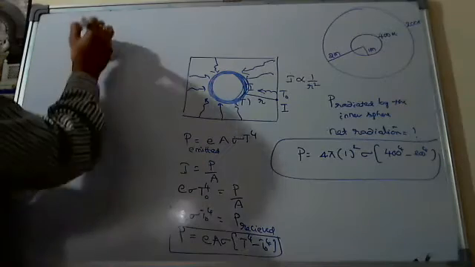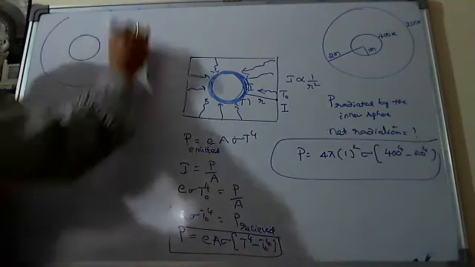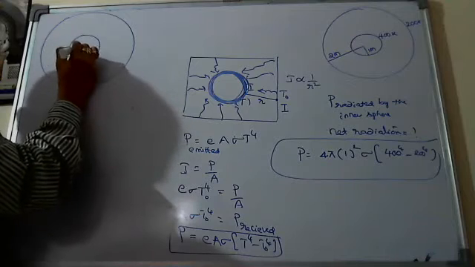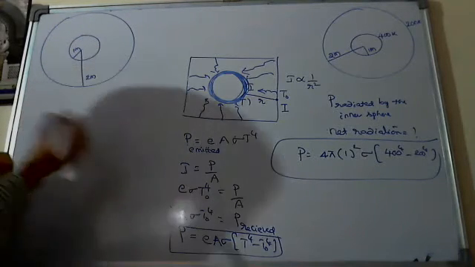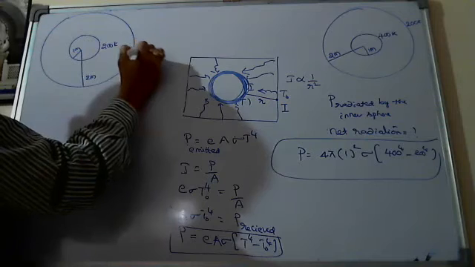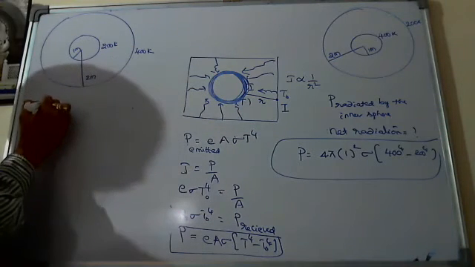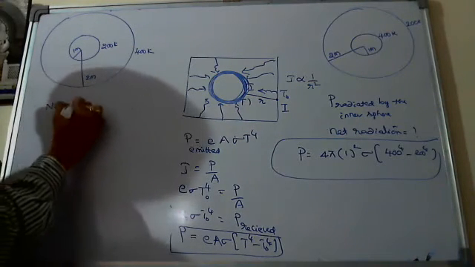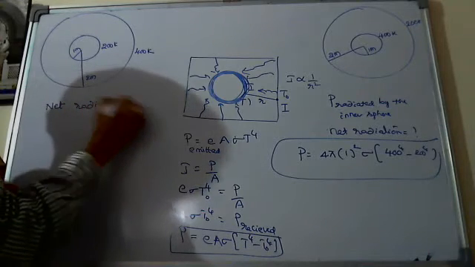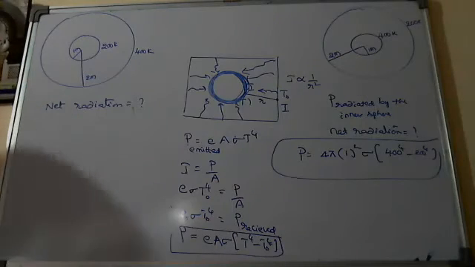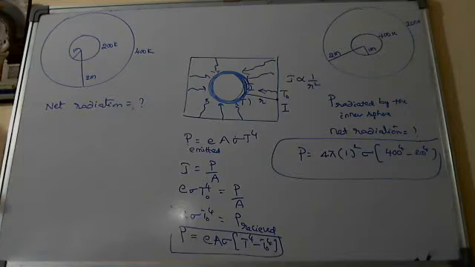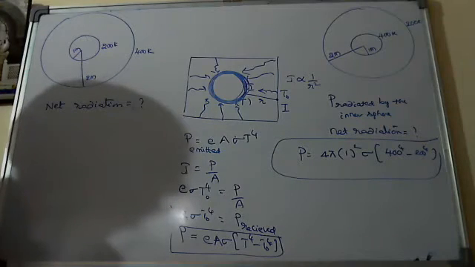But here, suppose the same question, I take this as 1 meter, of course the dimensions are the same, but I'm taking it at 200 Kelvin and that at 400 Kelvin. What is the net radiation? Same question. What is the net radiation between the two spheres? Will you say the answer is the same or different? I think the answer will be different in this case.